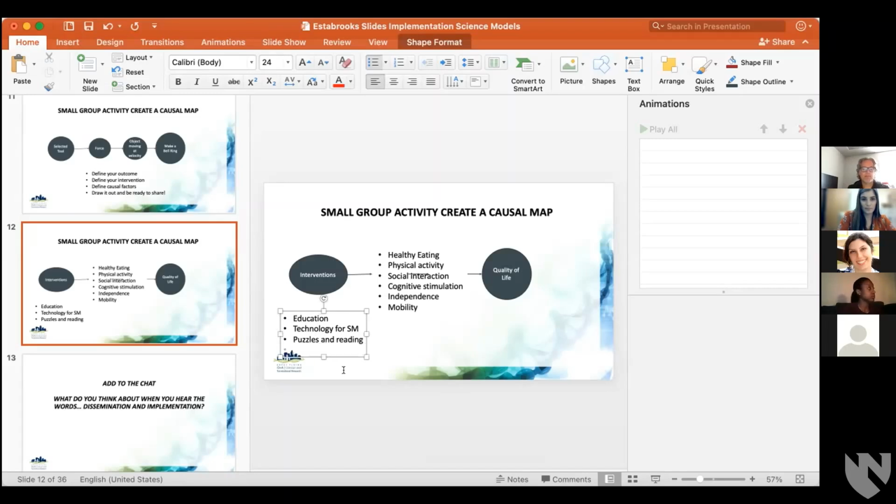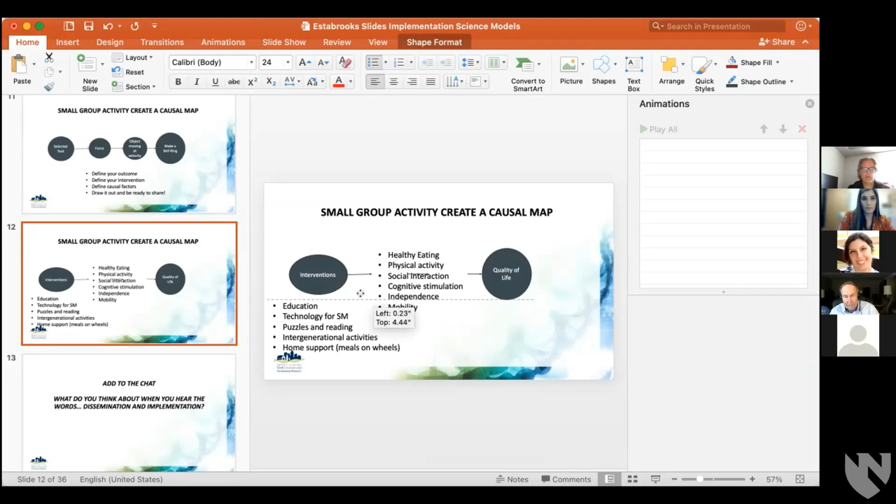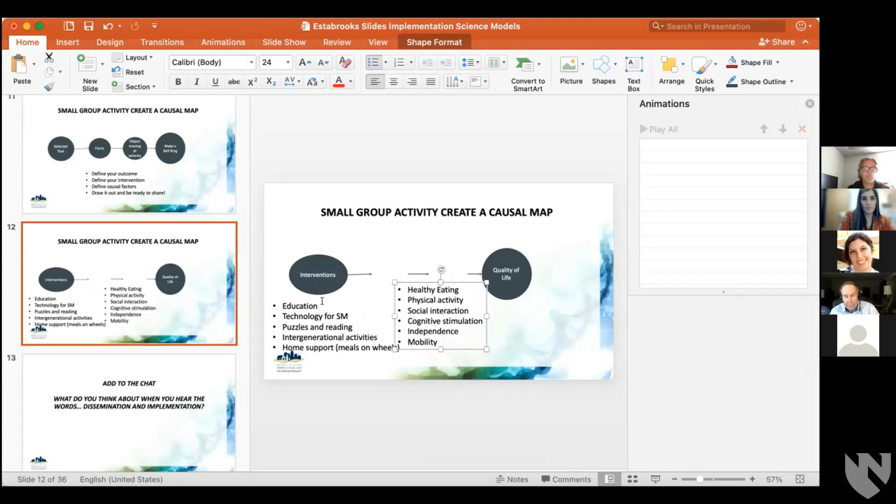What other things might we need? Of course, I would throw my intergenerational bonding program in there for socialization. Great. Intergenerational activities. For some people, home programs, Meals on Wheels, and other things like that would be necessary. Any other interventions you want throwing out there? For mobility, maybe a community walking program, walking trails. Okay, so we got walking program,